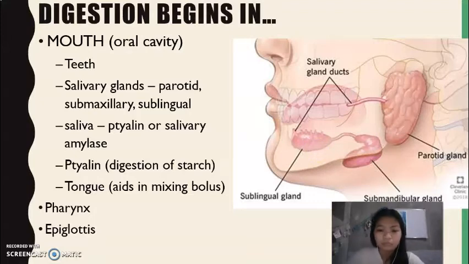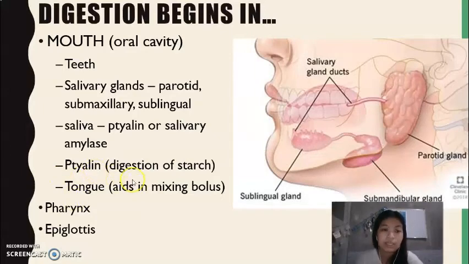So the saliva moistens and softens the food that we eat, and it contains an enzyme known as ptyalin or salivary amylase. The ptyalin begins the digestion of starch, such as rice, by breaking it into smaller polysaccharides or chains of sugar molecules. And then, after that,